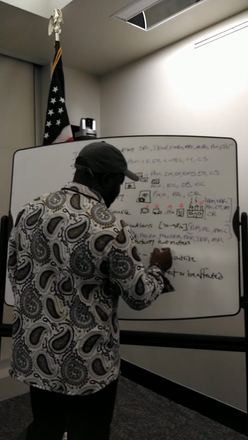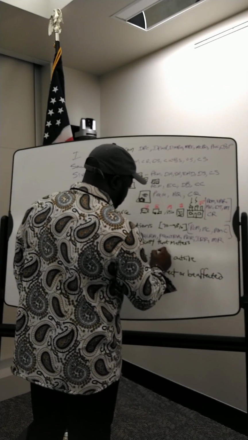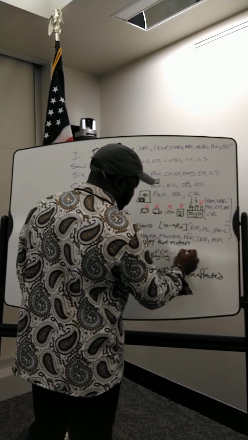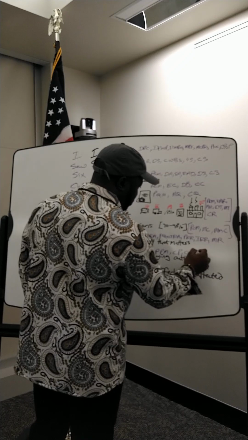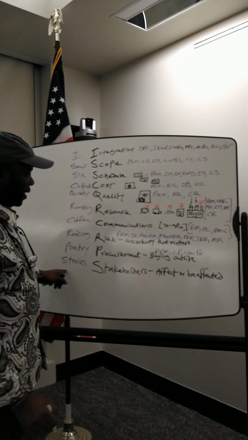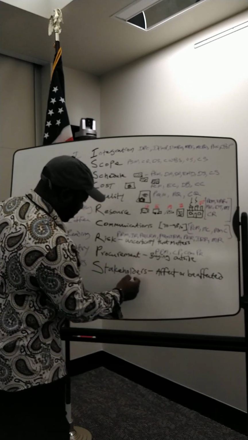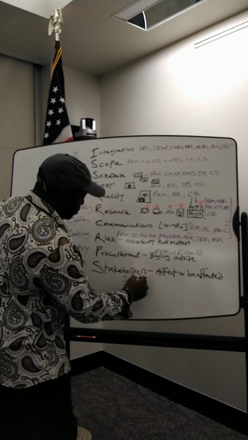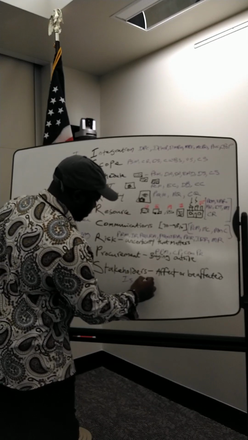Procurements, we do 3 things. We plan procurement management, we conduct procurements, and we control procurements. In stakeholder management, I'll write them under here, we identify our stakeholders, we plan stakeholder engagement,